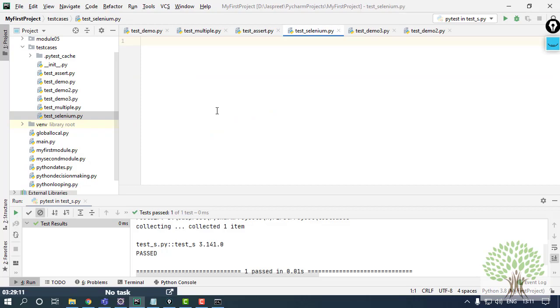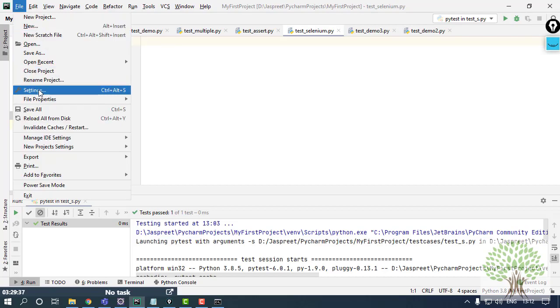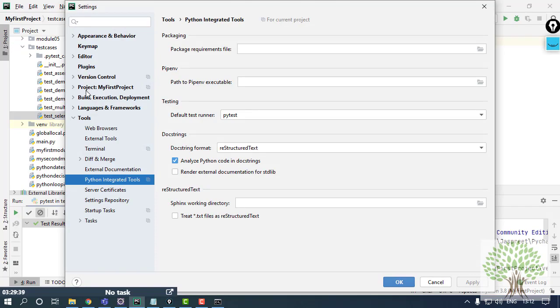Now, in PyCharm there are some additional things we have to do, as when we were working with PyTest. At that time also, I had to manually install the package in PyCharm itself so that I could import it. Otherwise, it gives an error that the package is not installed into your system. So to use Selenium in PyCharm, go to the File option and click on Settings.